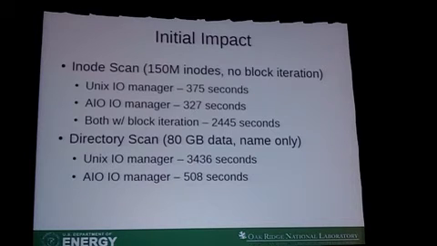The directory scan's another area that actually works pretty well. On this system with 166 million inodes, 150 million files, there's 80 gigabytes of directory entry data that I have to scan through to be able to put names to inodes. And so just doing the name scan only, I'm taking about 50 minutes with the Unix manager. Well, now I've got a pretty good win here. Now I'm only taking a little less than 10 minutes. Well, that's a nice win. I like that. But I'm still only doing the name, so maybe we've got some more problems to work out.